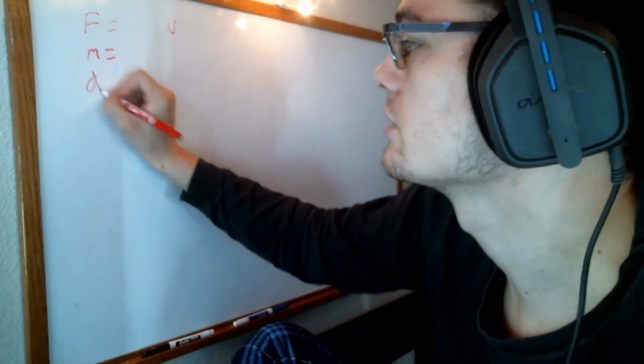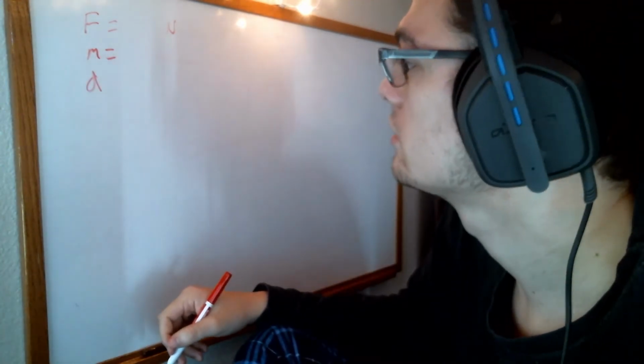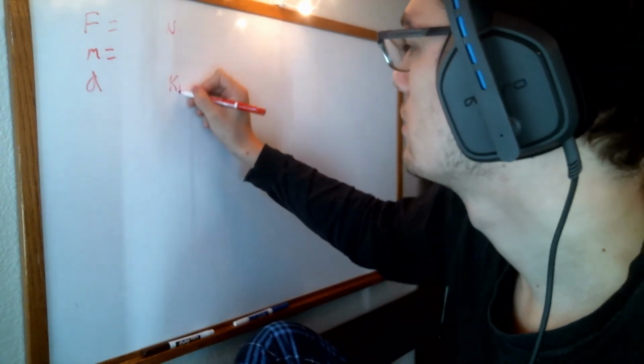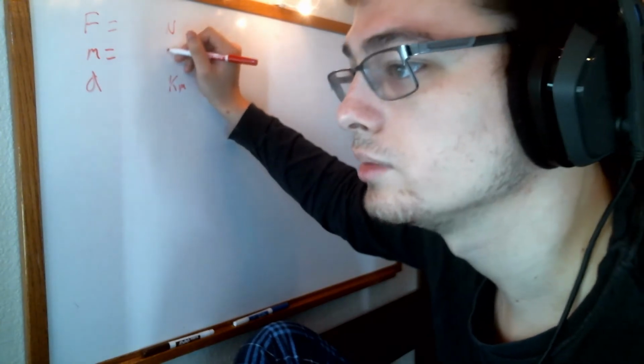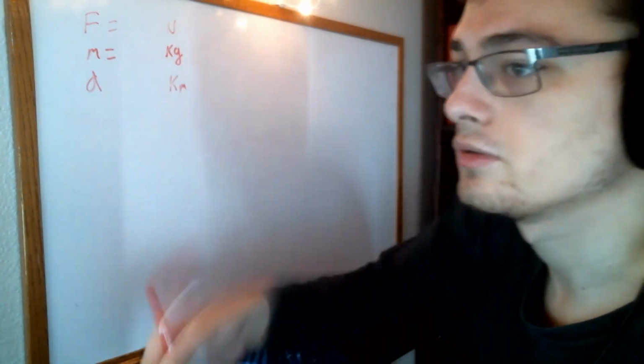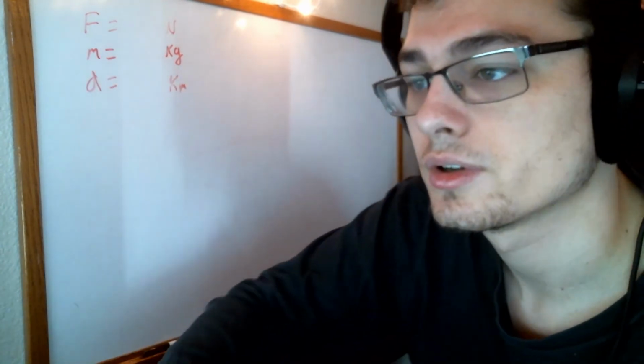It needs a certain distance d, some number in kilometers. This is going to be kilograms. And so the first thing you need to know is we have to convert kilometers to meters